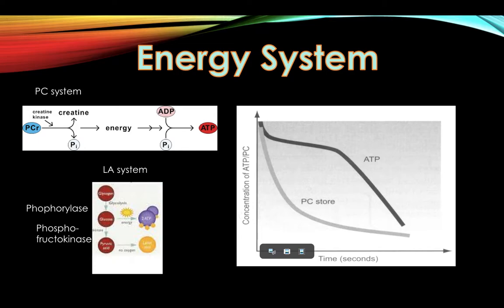The main fuel sources used for the ATP and PC system are ATP and phosphocreatine. By training anaerobically, it improves the muscle's ability to store phosphocreatine, so there will be a higher amount of phosphocreatine to resynthesize ATP. This means that the PC system will be able to last for longer. This would improve performance because it means that the lactic acid system wouldn't need to be used as soon, reducing the amount of waste products such as lactic acid building up and causing the performer to have to